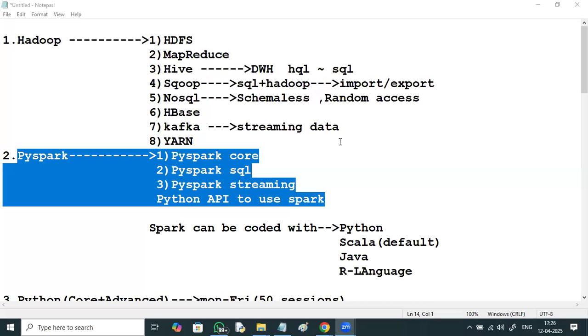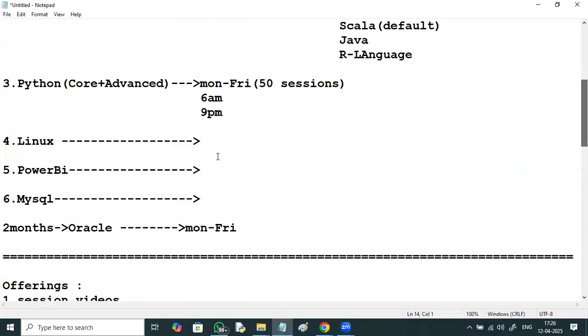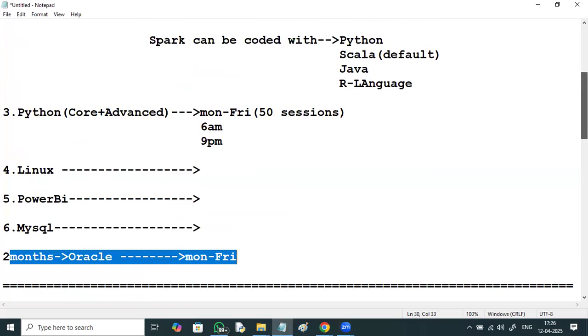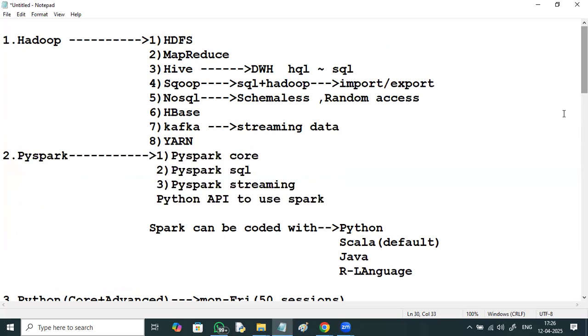Sir, is it necessary to learn Oracle and MySQL, both databases? That is up to you. Oracle is provided freely for that. But database knowledge is essential to any technology; if you want to go, a database is required. I have experience in SQL Server.